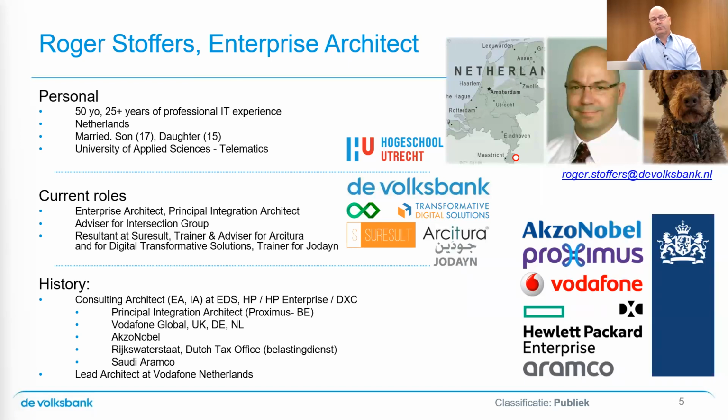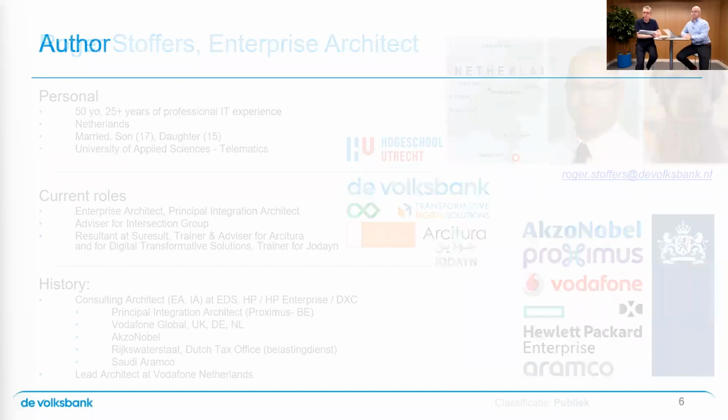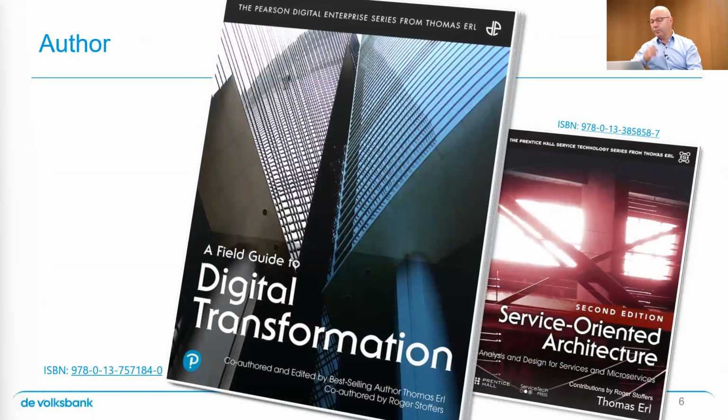Okay. So you already mentioned Proximus. Also, I see government jobs as well. Good. And then there's something else we really would like to share, is the fact that you're also a book author. Yes. I contributed to one book, which is Service-Oriented Architecture, the 2nd edition. And I recently wrote, together with Thomas Erl, the Field Guide to Digital Transformation, a book that happened because of COVID, for me at least, because during the lockdown, I certainly had lots of free time and very little social engagements. So that gave me the opportunity to help co-author this book.